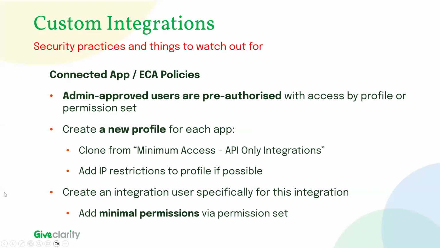I think we've spoken about admin approved pre-authorized, so that equally applies here. That's generally the way to go. It's normally a good idea as well to have a distinct profile for each integration. The main reason for doing that is that you can control at the profile level which IP addresses are allowed to connect through that profile. So if you have a system that lives on a particular IP address or only connects through certain IP addresses, having one profile per integration allows you to control that at an integration-specific level.